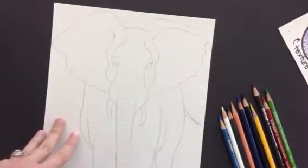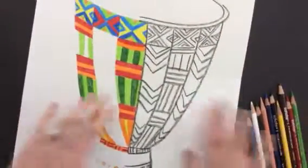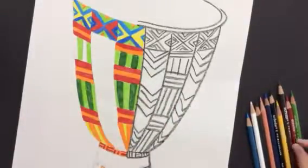So as always, start out with your drawing just doing pencil. And the first thing I'm going to show you is just the one direction flat coloring technique. So let's say I'm doing something that I want to be colored flat with a lot of patterns, like this drum here. What I want to do is,